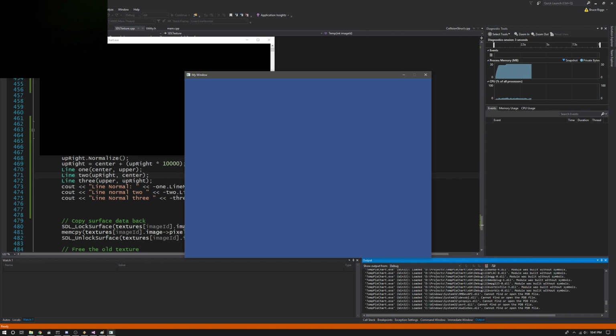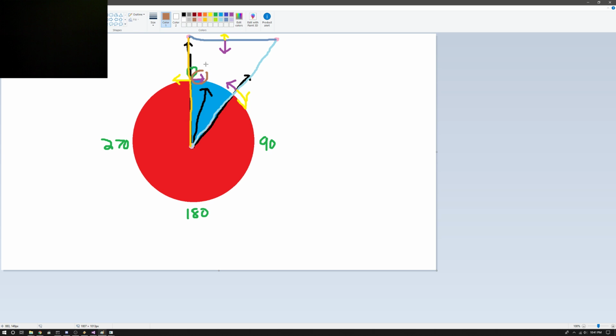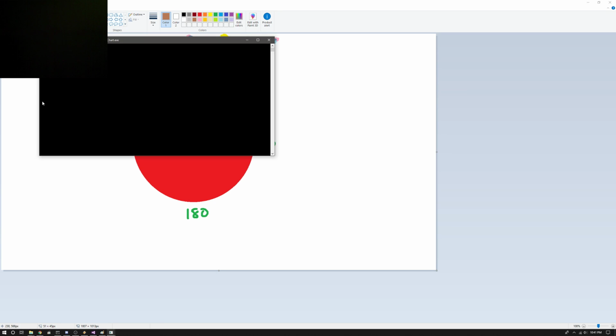Negative 0.707, negative 0.707. So now I got negative 0.707, that's this way, and negative 0.707, that's this way. So we got that normal, that works. And now what was line 3? Line 3 is